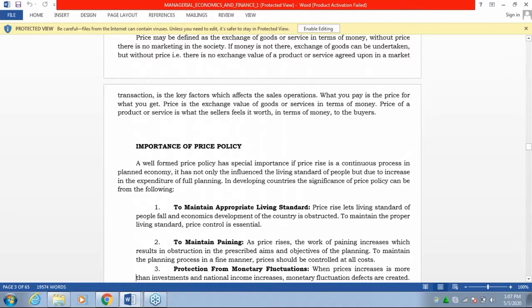Then what are the objectives of price? When we are talking of the objectives, what exactly does the society really want to achieve by government or even